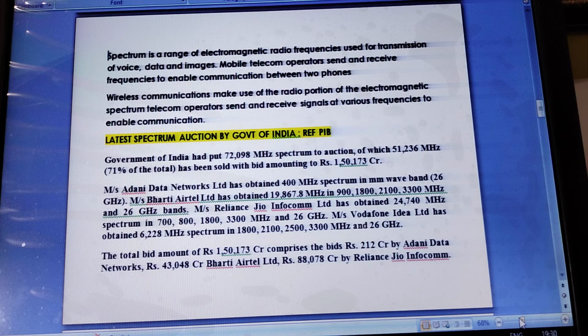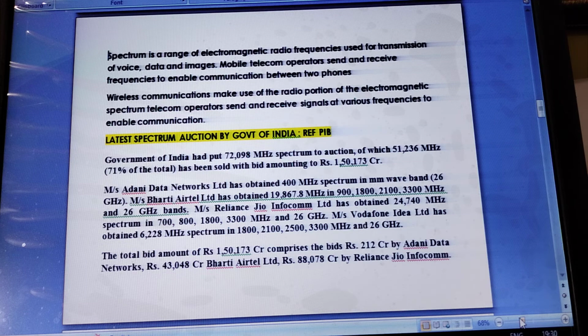And the spectrum is a range of electromagnetic radio frequencies used for the transmission of voice, data, and images. Mobile telecom operators send and receive these frequencies to enable communication between two phones. And here the last spectrum auction by the Government of India, sourced from PIB, Press Information Bureau: the Government of India put 72098 MHz of spectrum into auction, of which 236 MHz, that is 71% of the total, has been sold with a bid amounting to